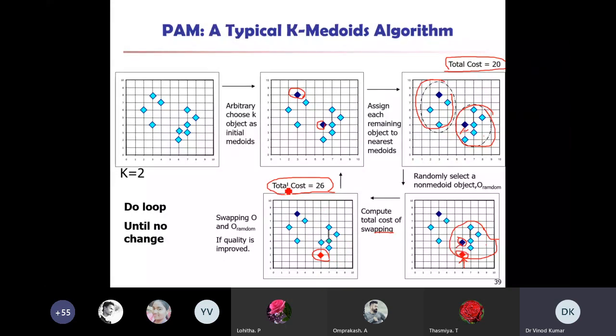So what is happening? Total cost has now increased. It increased because this dissimilarity is more compared to this one; here we are getting 20, here the dissimilarity cost is 26. So which one is less? This one. So don't swap, and you treat this one as the cluster.